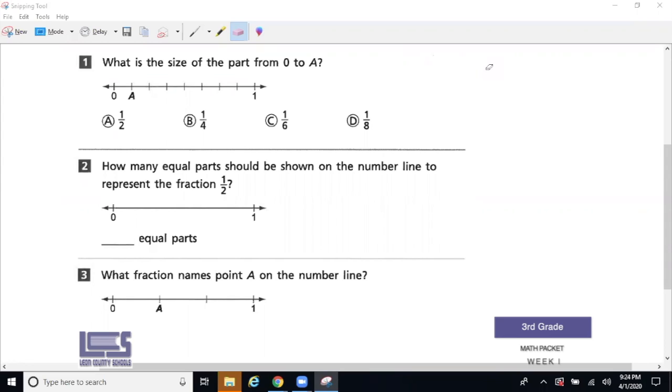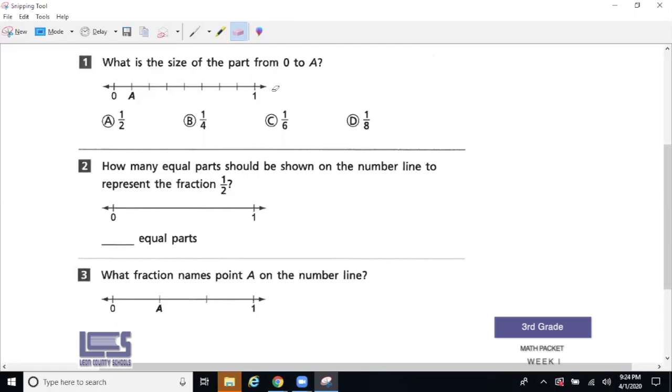As you can see, the number line has been labeled with 0 and 1. Our job is to find how many equal-sized parts are found between 0 and 1. So we're going to count to see how many equal-sized parts we have. So here we go. 1, 2, 3, 4, 5, 6, 7, 8. This tells me that between 0 and 1, we have 8 equal-sized parts, which means that our number line is